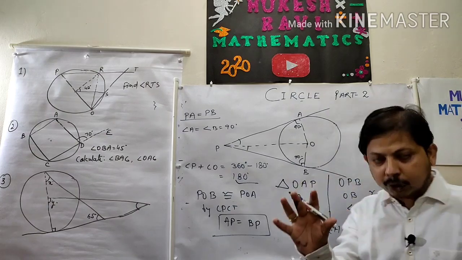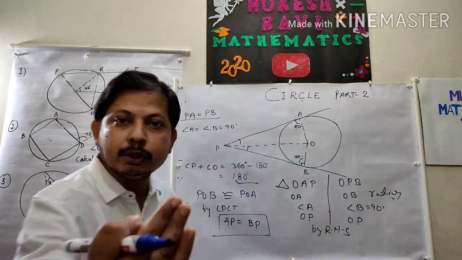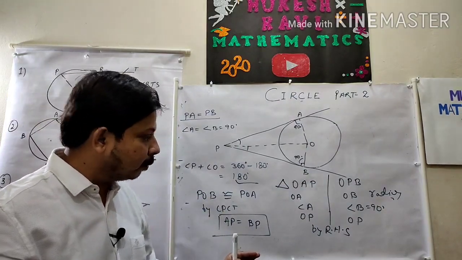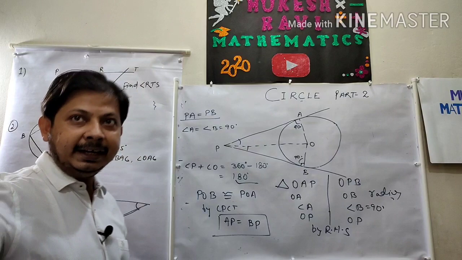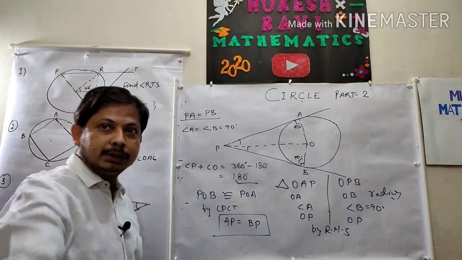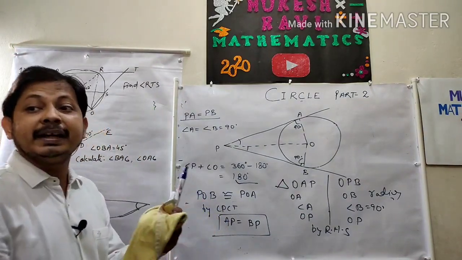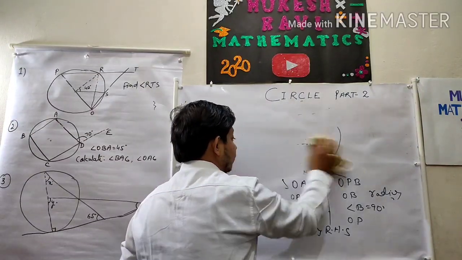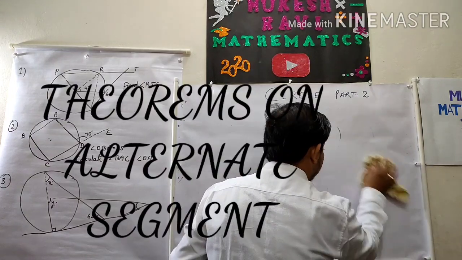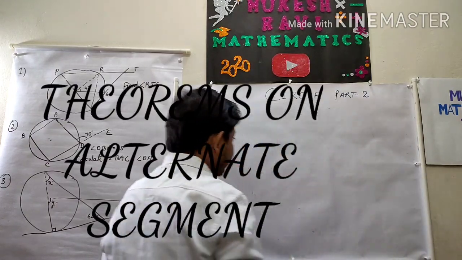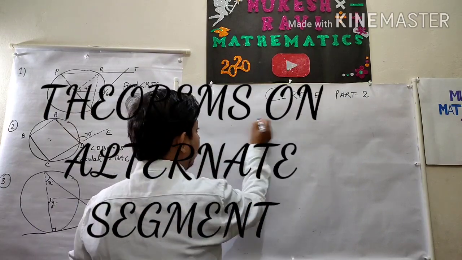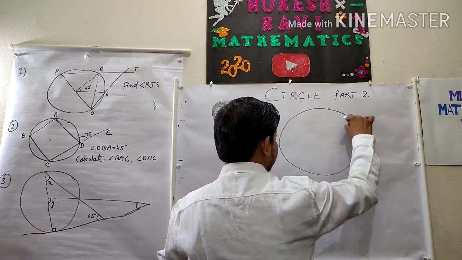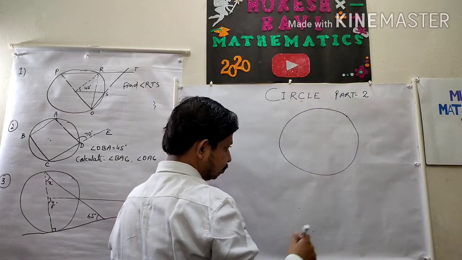You do not read the theorem first, because sometimes the theorem gives you a problem with the heading. So first of all you go with this kind of information, and then you read the theorem, then it will be very okay for you. Now going for the next part, a very important part, that is the alternate segment. First of all, segment, I have already defined. I am going to tell you the use of the alternate segment.